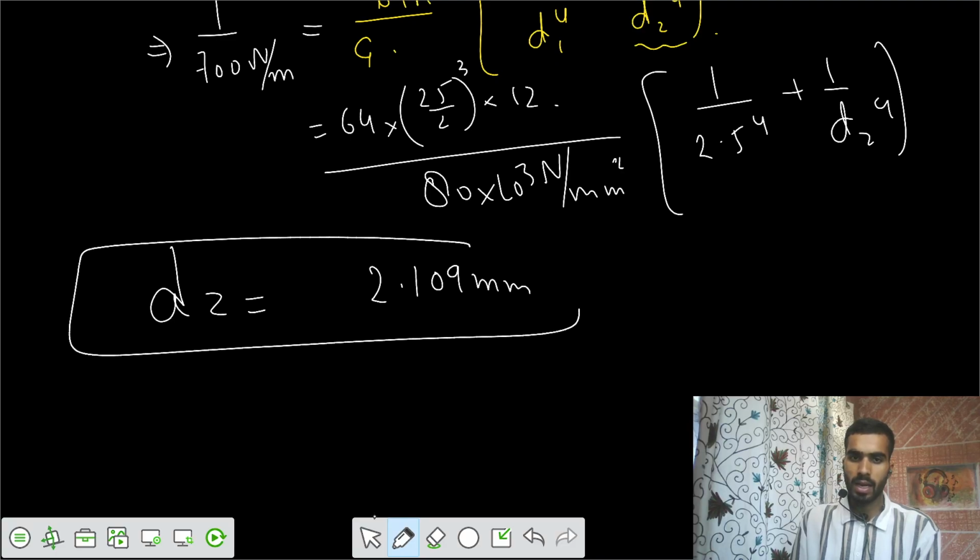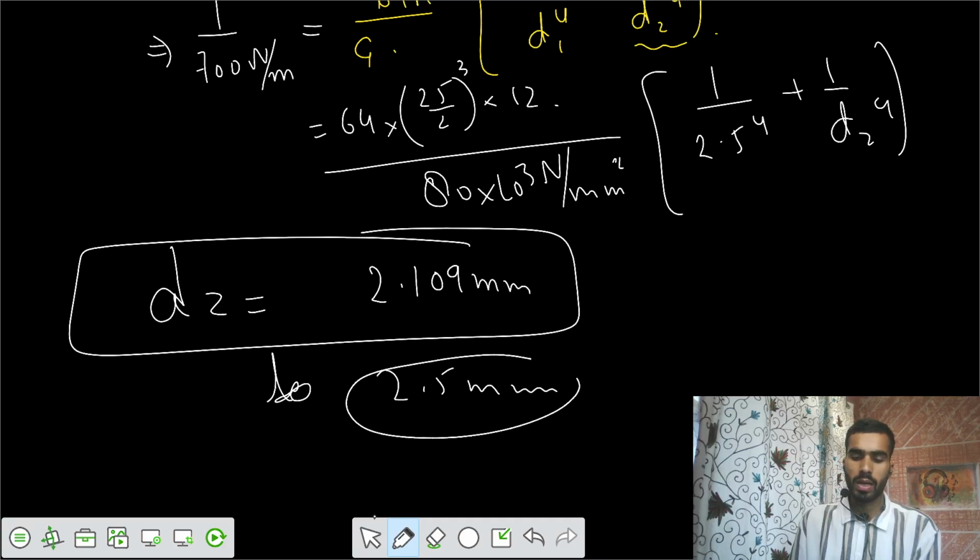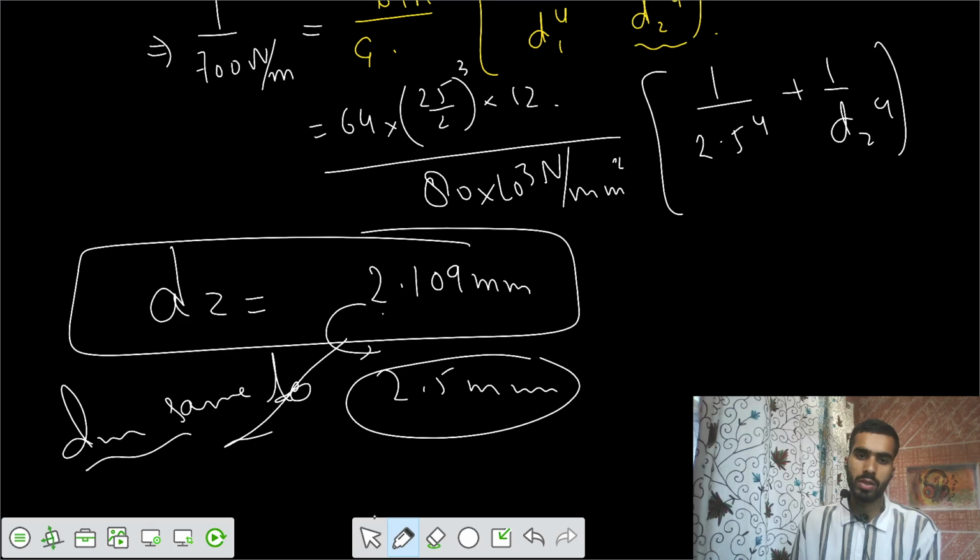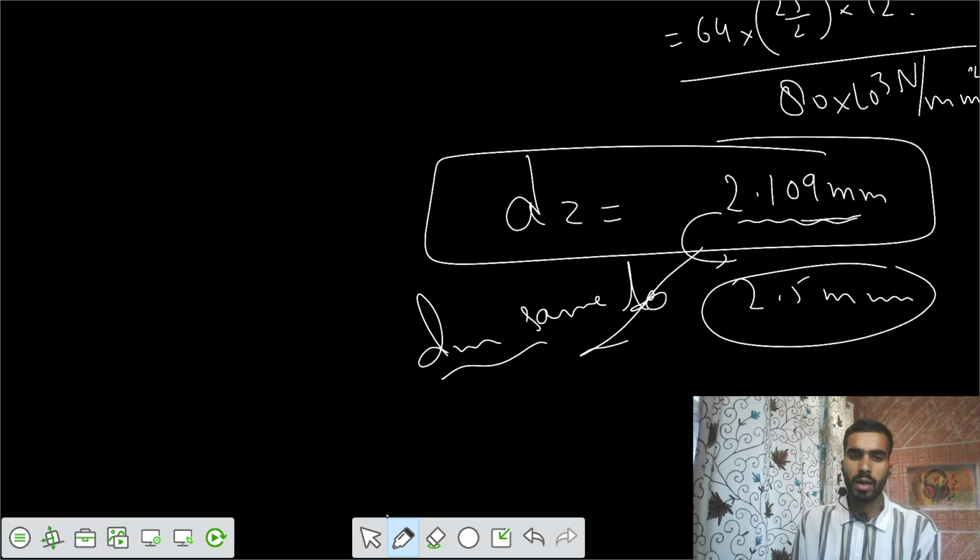That is lesser than that 2.5 initial value. So based on these values we can say the mean diameter is same for both the materials. So this is 2 millimeter. That means if you talk about that 2 millimeter, and if you talk about mean radius, if you talk about mean coil diameter,